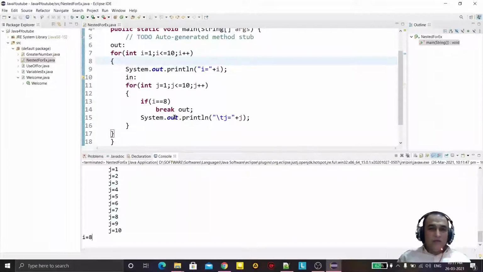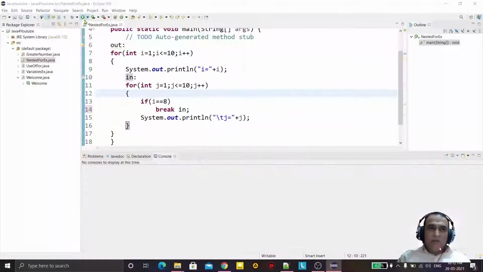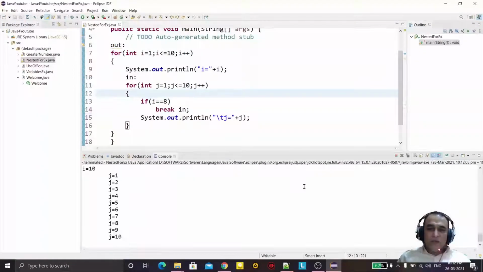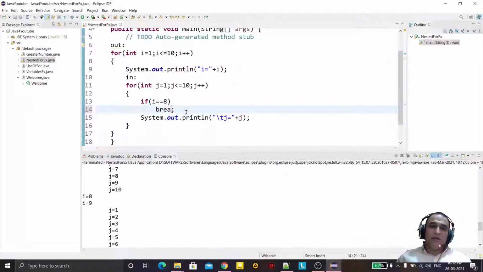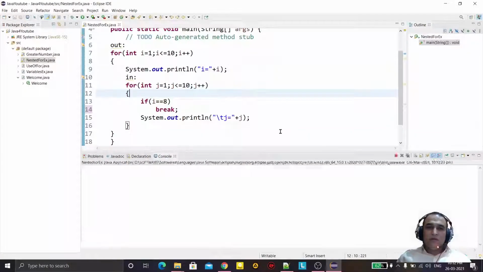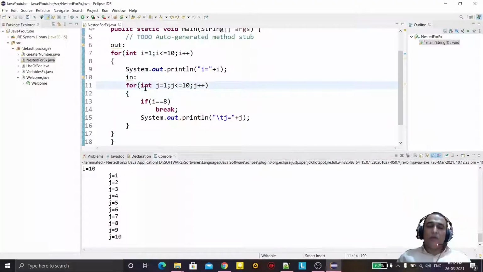If I want to get out only from the inner loop, I say break in. So it will break from the inner loop if the value of i is 8. You see the same result we got in the previous execution, when the value of i was 8 and we used only break, because the simple break statement exits from the inner loop only.